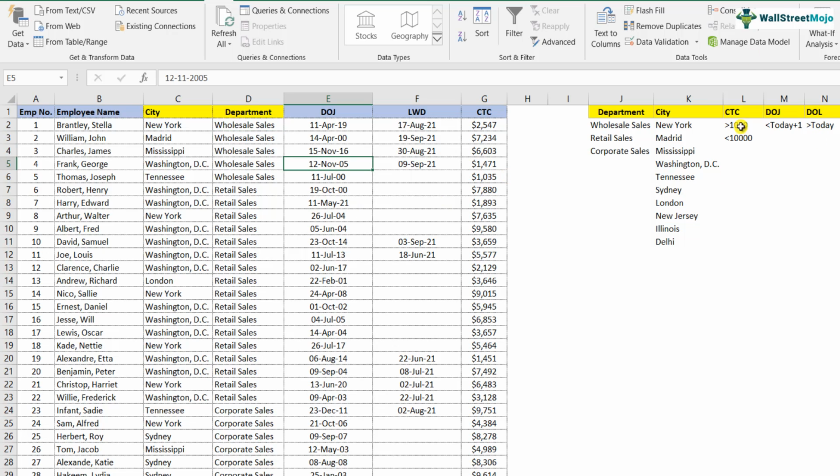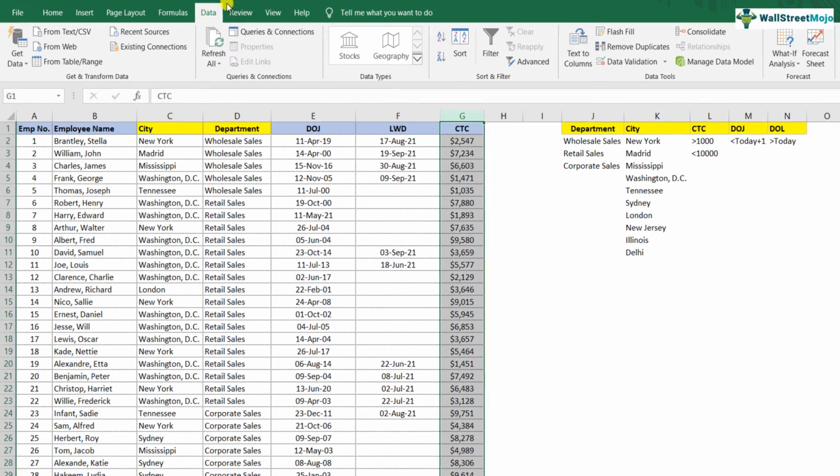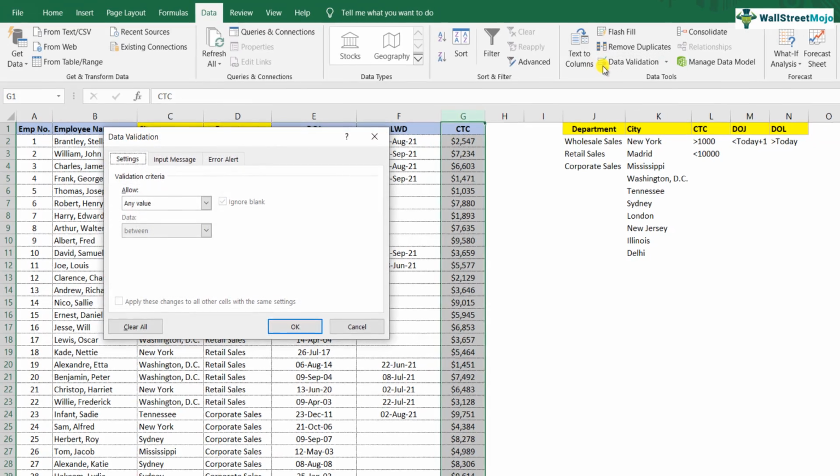Quickly moving into the numerical validation, which is on the CTC. In this particular column, what I want is the CTC should be greater than 1000 and less than 10,000. Okay, that is what I want. Simply I select the entire column. I go into data validation.